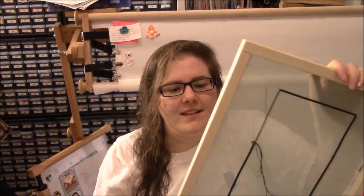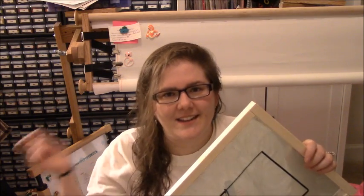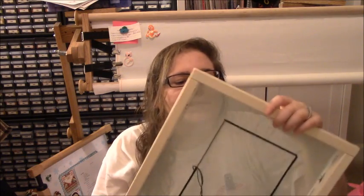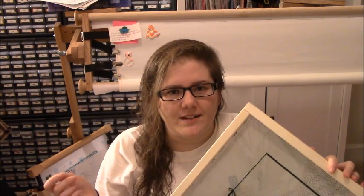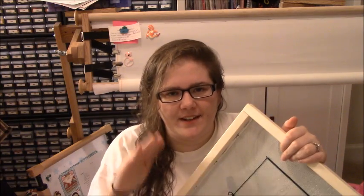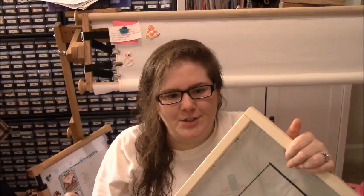But the longest part for me was getting the canvas onto this frame, because you have to whack this wood frame into place. I had to take a hammer because it was crazy. And then you had to find the center, which you can't exactly do by folding a piece of canvas in half and then in half again. So I had to take a tape measure and measure length and width, and then find the middle,